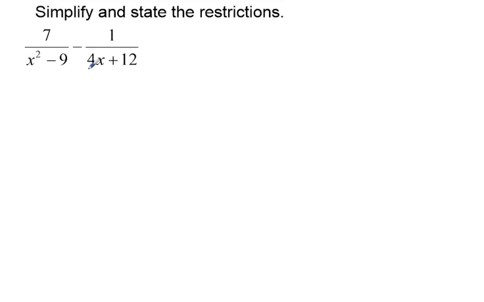In this example, we'll be going over subtracting two rational expressions. So I'll be subtracting 7 over x squared minus 9 and 1 over 4x plus 12. So to start here, what I'd like to do is factor anything that can be factored in the numerators and